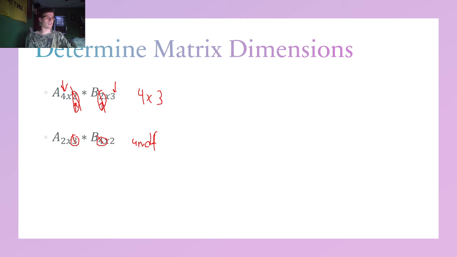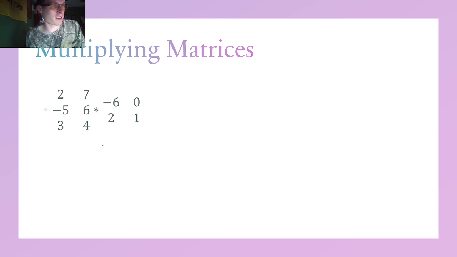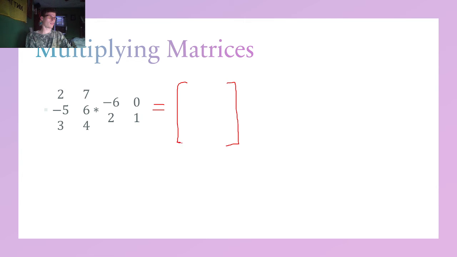It's going to be undefined because these have to be the same in order for it to work. All right, multiplying matrices. So remember, when you're multiplying matrices, you are applying the first row to the first column to find your first term, first row to your second column to find the second term, okay? So, in order to multiply this together,